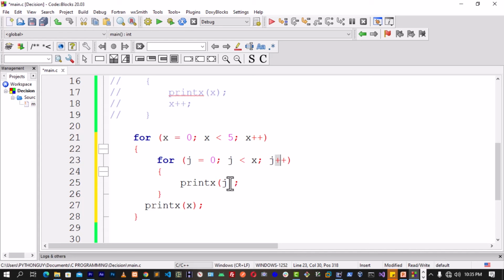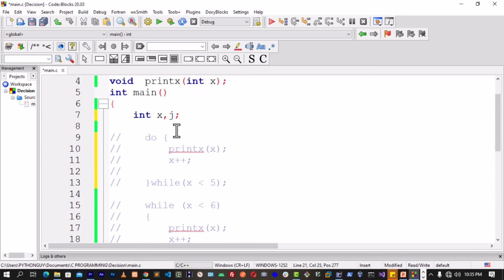Now remember that we are incrementing x. So if our j here is 0, that means 0 is less than 1. Or, I think we should initialize x to be 1,